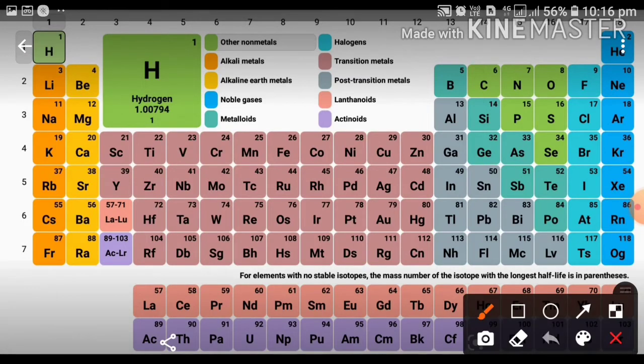So in brief we can say in the periodic table total 18 vertical columns are there, they are called groups, and the 7 horizontal columns are there and they are called periods. Where is the carbon? The position of carbon is here, see this, and this carbon belongs to second period and 14 group of the periodic table. Upside it is written 14. So 14 group and the second period of the periodic table.